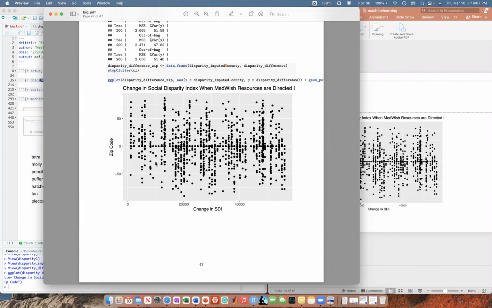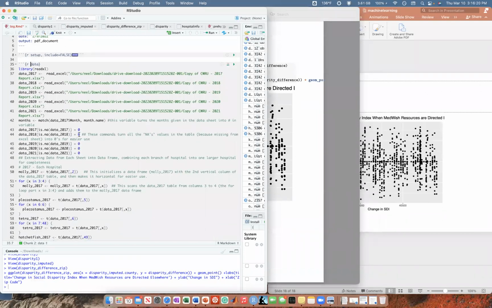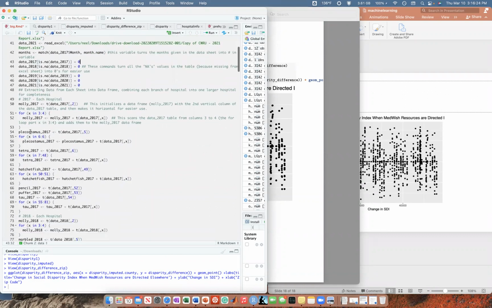So what I hoped everyone would gain from this is how to use R. Hopefully you guys know how to use R at this point. And if you don't, there's so many great resources out there, and R is not a hard language. Most of it's intuitive. This is just an equal sign saying, hey, make everything 0. This stores a data frame as that. These tell you an index, like row by column. So if I have 1, 5 here, go to row 1, column 5, transpose it, which means make the rows columns and columns rows, and put it as a data frame.